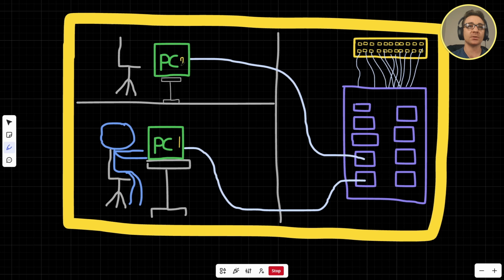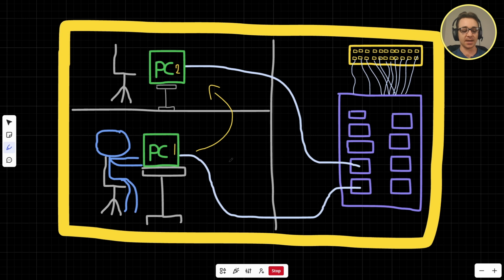We'll call this PC 2. But he's been instructed to move over to PC 2. Now, what the patch panel allows him to do is essentially say, all right, look, I want to move into this other office, but I don't want to have to take my computer over there and unplug this Ethernet cord and reroute the whole Ethernet cord, because if I don't reroute it, then I'm going to mess up all this wiring, right? I have to actually rewire the Ethernet to make sure everything's plugged in properly over at the switch